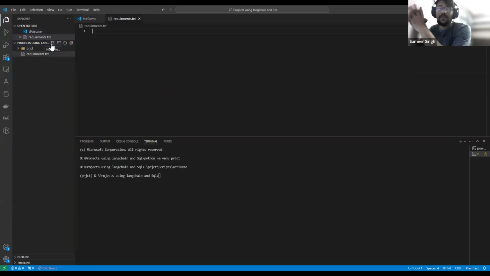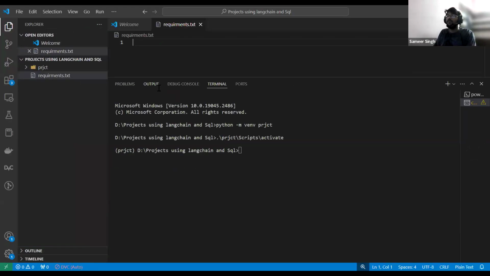Now you guys are asking, what is requirements.txt? It is a file which contains the list of all the libraries which you have installed in order to work with this project, right?